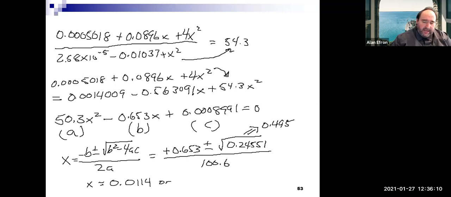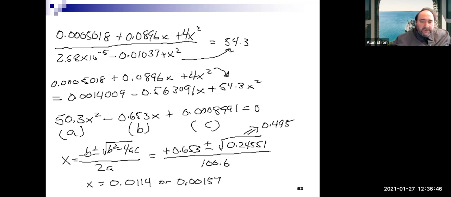If we do our subtraction, 0.653 minus 0.495 divided by 100.6, that gets us 0.00157 as our two possible x values. As we were just talking about, we get two positive values, but it really is the equilibrium line that's going to determine which one is